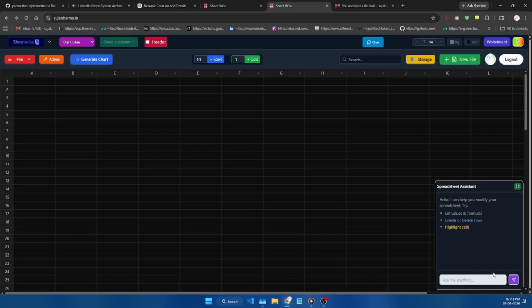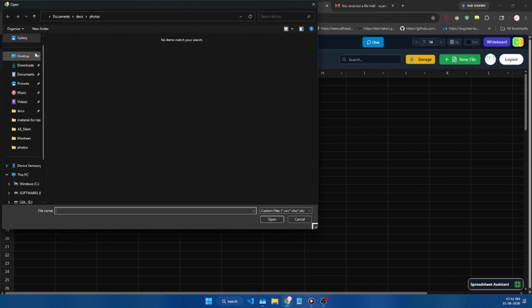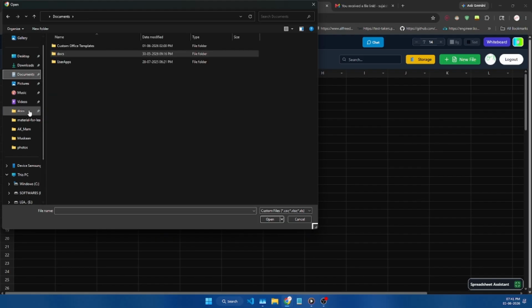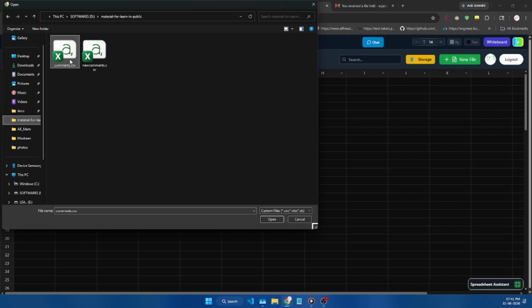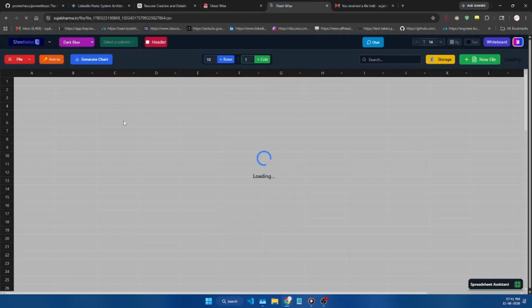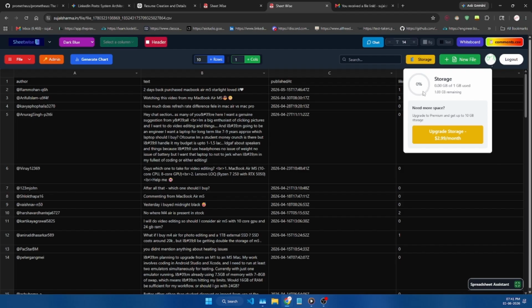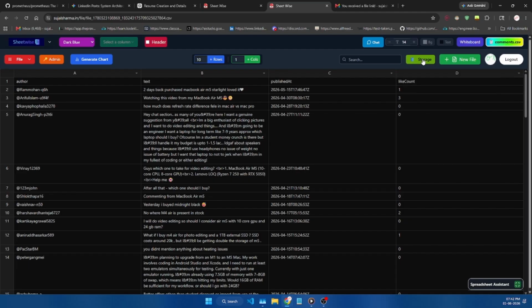Currently the file is empty, so let me upload a file. Yes, you can upload a file, and that file will persist on the cloud, and you can see on the storage side how much of the storage you have used and how much is remaining.